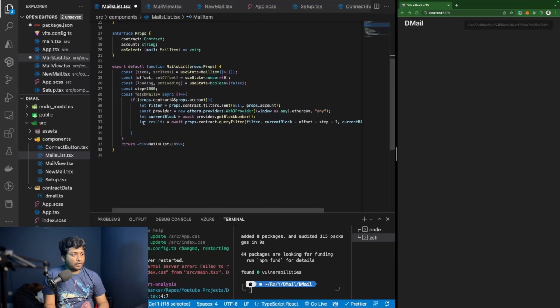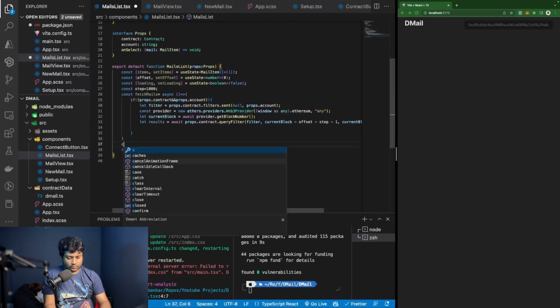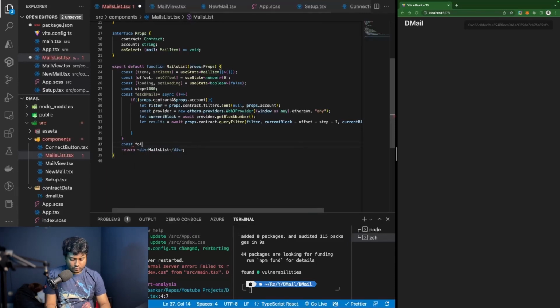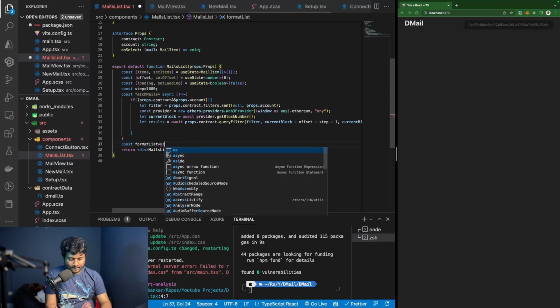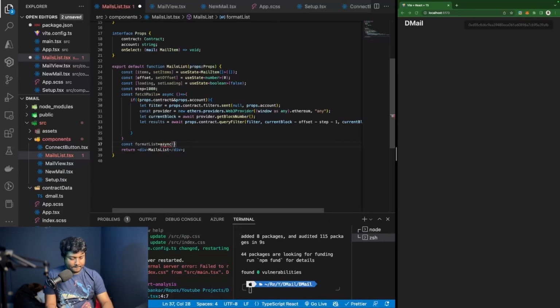So what we will do, we will create a function called format list. Okay, let me just add it, as this doesn't need to be an async function. We can have a regular function here,